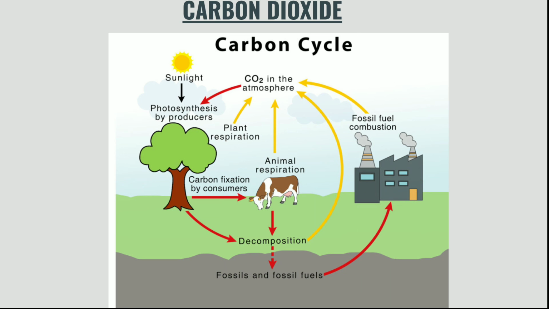Then plants take carbon dioxide from the atmosphere when they manufacture food through photosynthesis. The water portion is not given in this picture, but when carbon dioxide increases in the atmosphere, water will absorb it, and carbon dioxide will get dissolved in the water and also the seawater. When there is an excess of carbon dioxide in the seawater, it will be released into the atmosphere. So this is the carbon dioxide cycle.